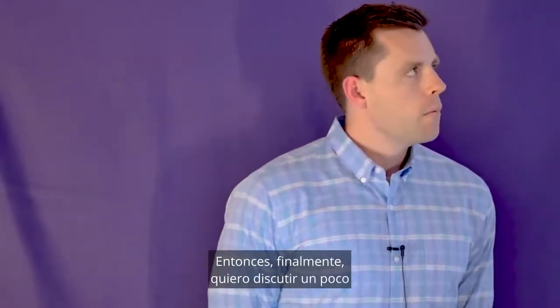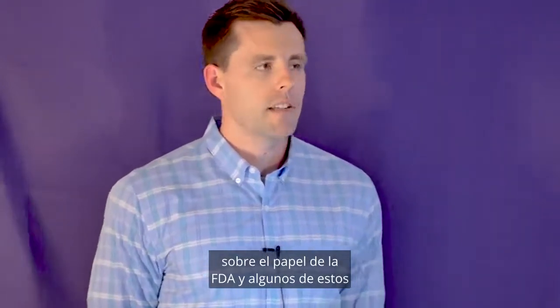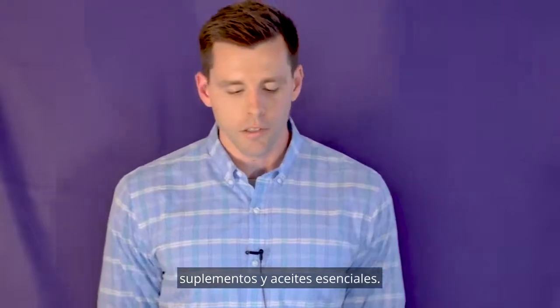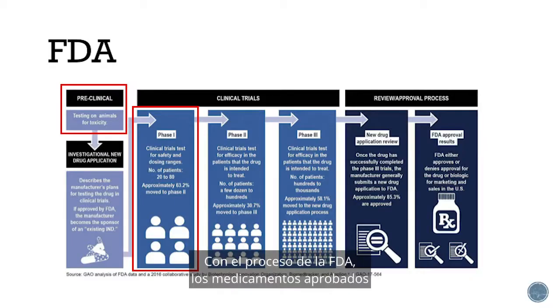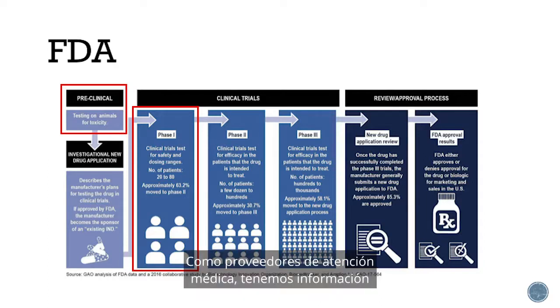So finally, I want to discuss a little bit about the role of the FDA and some of these dietary supplements and essential oils. Through the FDA process, drugs that are approved for use with indications as well as over-the-counter drugs are put through a pretty strenuous process of clinical trials for years and years of data. As healthcare providers, we have so much information as far as effectiveness and side effects that we can